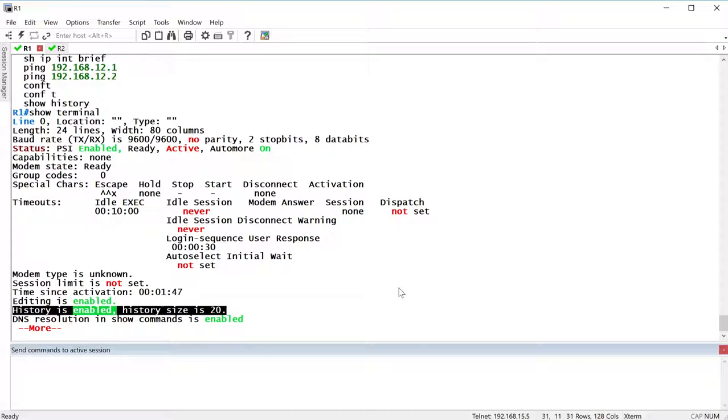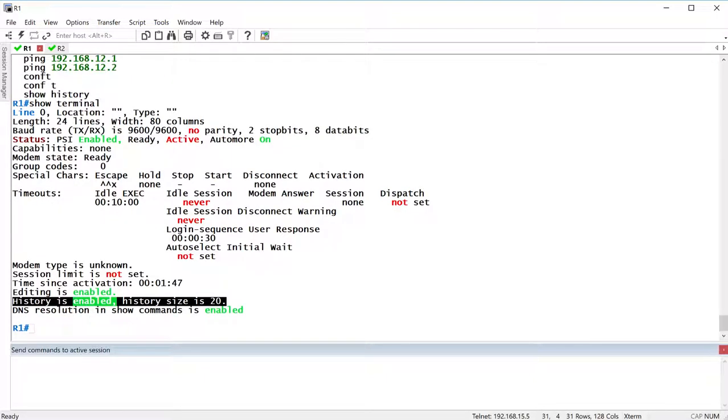Okay, and this can vary from anywhere from 10 to 20 depending on the IOS that you're running. So if you want to extend this range so you can have more commands stored in your history for this particular session, you have the ability to modify this number. By default, as I said, the number varies from one IOS to the other. In our case, the history size is 20 over here. So how do I change it? In order to change the terminal history size,